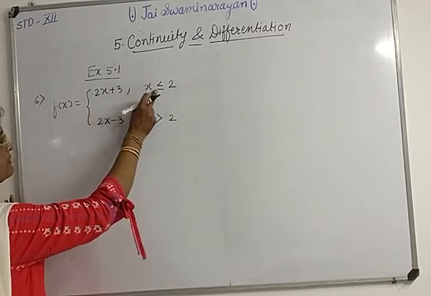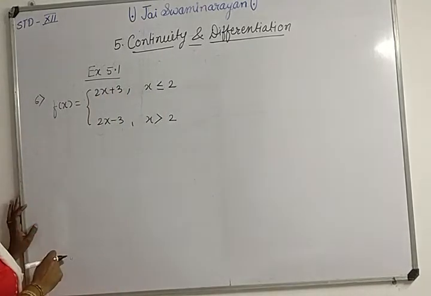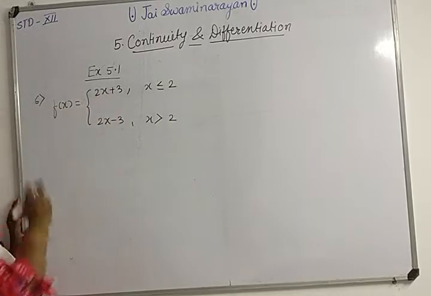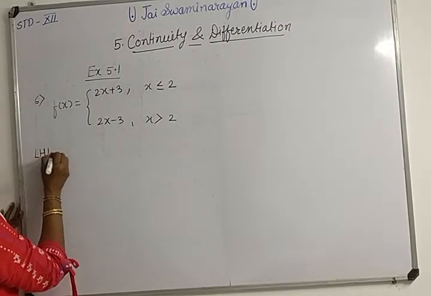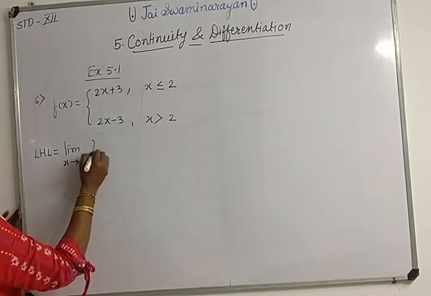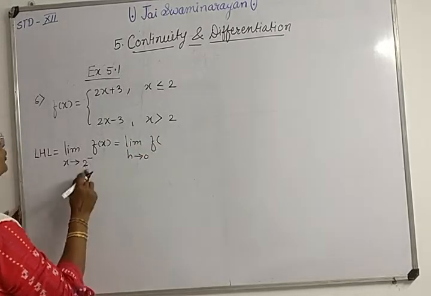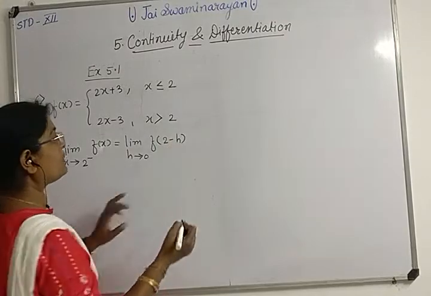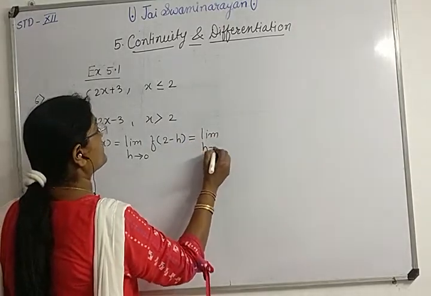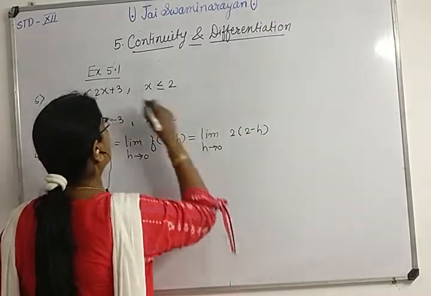For x less than 2 के लिए फंक्शन ये है, x इक्वल टू 2 के लिए फंक्शन ये है, लेकिन x ग्रेटर देन 2 के लिए फंक्शन ये है। मीन्स लेफ्ट हैंड लिमिट के लिए फंक्शन ये है, राइट हैंड लिमिट के लिए फंक्शन ये है, और इक्वल टू 2 के लिए फंक्शन ये है। Now left hand limit equal to limit as x tends to 2 negative of f of x equal to limit h tends to 0 of f of 2 minus h, means wherever x is there we have to put the value as 2 minus h, that is equal to limit h tends to 0 of 2 into bracket 2 minus h, then plus 3.